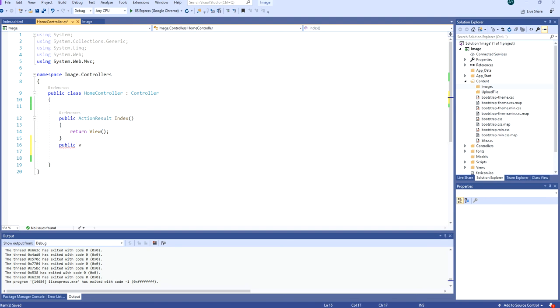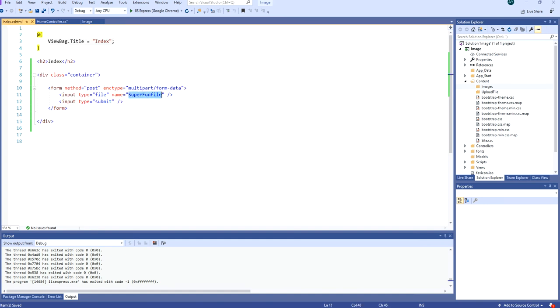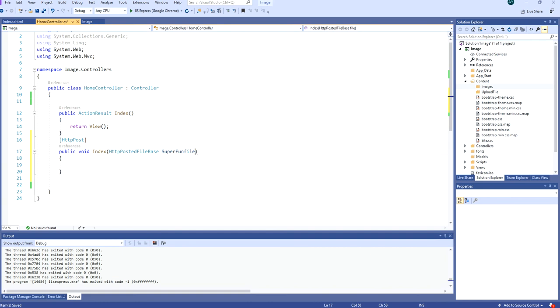So we're gonna create a public void index, and the verb for this one should be HttpPost. And here we're gonna receive something called, no, sorry, HttpPostedFileBase, and the variable name here should be the same as the name here. So we need to take superfunfile, add it here, and check if superfunfile is not equal to null. If it's not equal to null, then we upload the file to our upload file map,